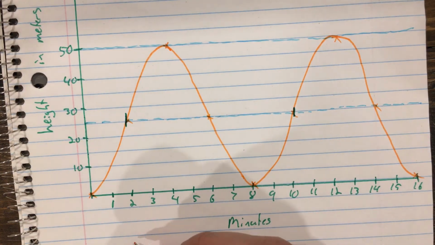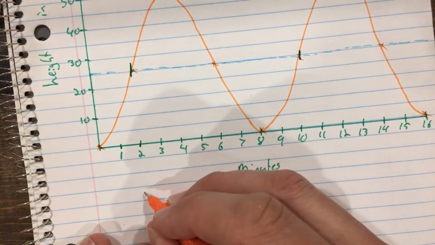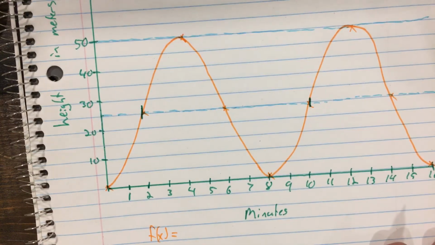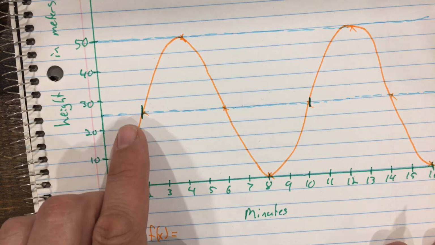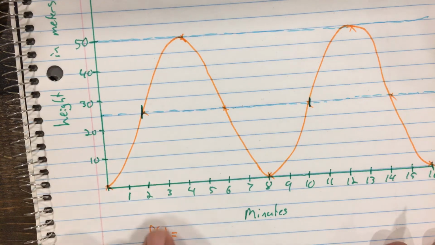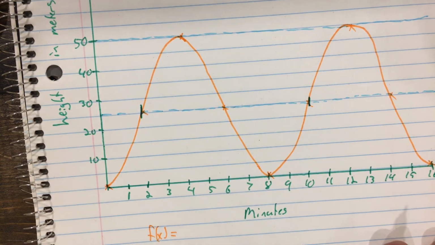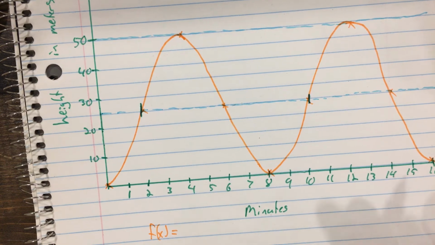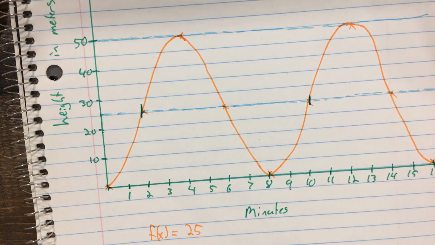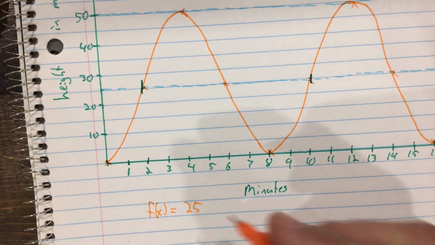So I have my speed 1, f of x, is equal to, well, first let's take a look at my height. My normal height of a sine function is 1, but my height here is, well, I went from 25 to 50, or from 0 to 25. So I have a vertical stretch by a factor of 25. Then I have a sine,